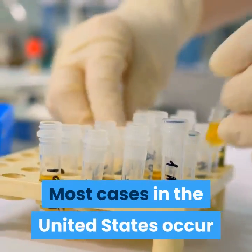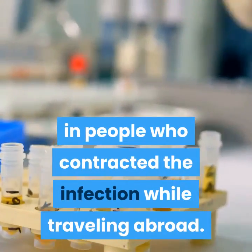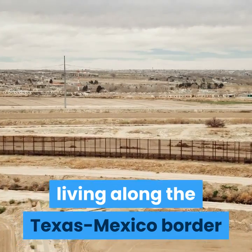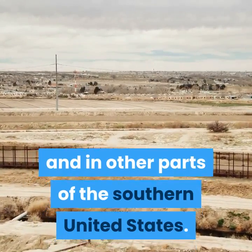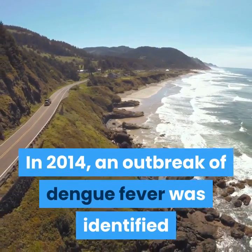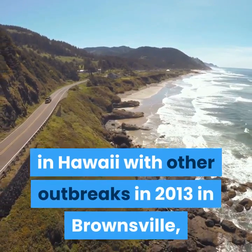Most cases in the United States occur in people who contracted the infection while traveling abroad. But the risk is increasing for people living along the Texas-Mexico border and in other parts of the southern United States. In 2014, an outbreak of dengue fever was identified in Hawaii, with other outbreaks in 2013 in Brownsville, Texas